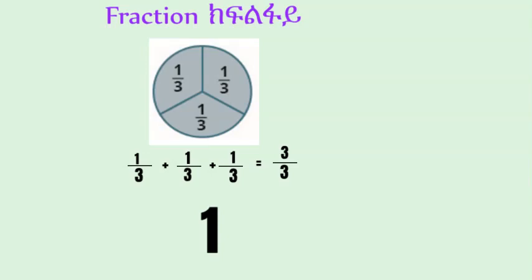For instance, if this is a full pizza and you divide it for 3 people, you will get 1/3 for each person. ይህ ፒሳ ቢሆን ወይም አምባሻ ቢሆን ለሶስት ብትካፈሉት እያንዳንዳችሁ ከድፍኑ አንድ ሶስተኛ አገኛችሁ ይባላል። ሲሶውን አገኘን ይባላል።